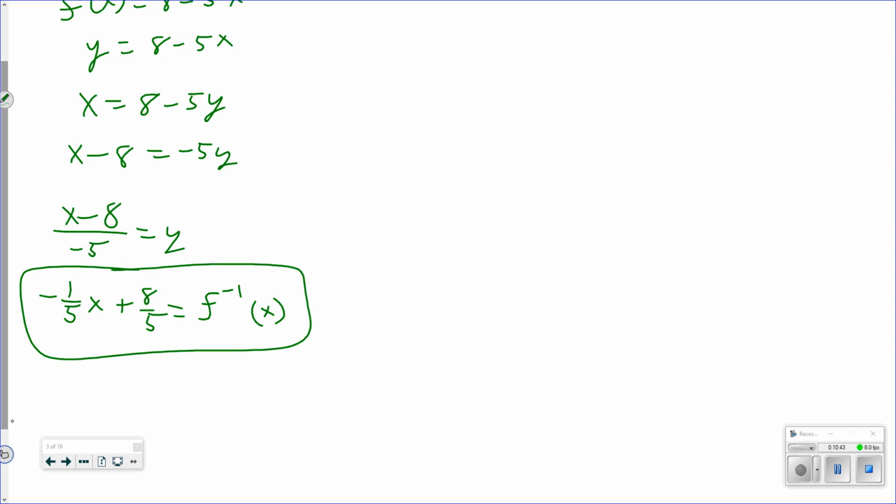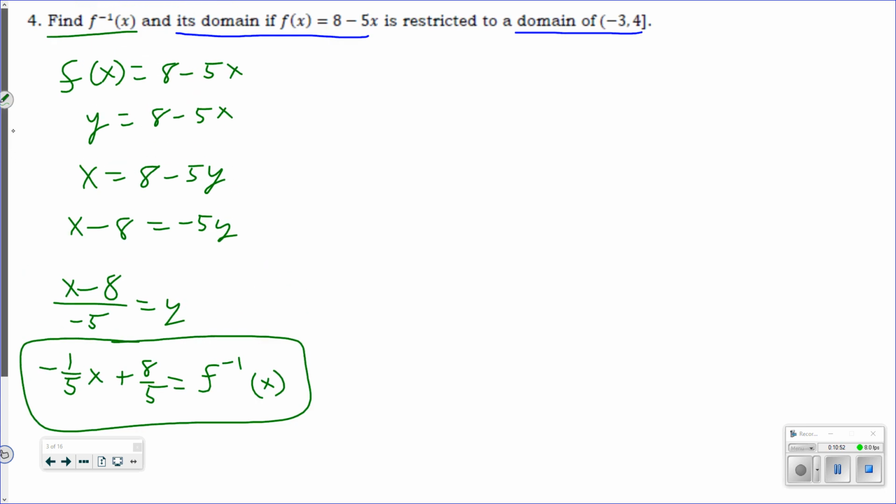Right, so that's what it'll be. Negative 1/5 x plus 8 over 5 equals f inverse of x. You can rearrange it if you want to. It doesn't really matter. That's your answer. All right. And now the second part, I need the domain of the inverse if the original has a domain